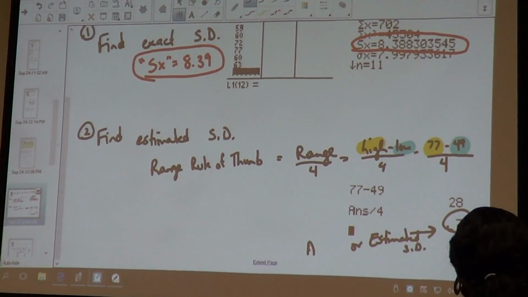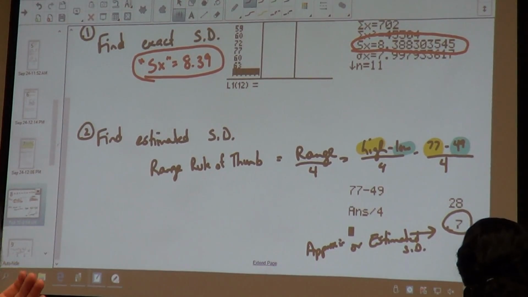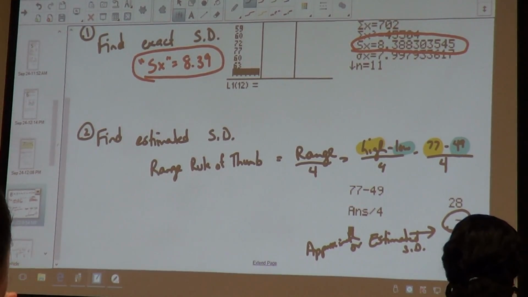Estimated or approximate. Yes. All right,